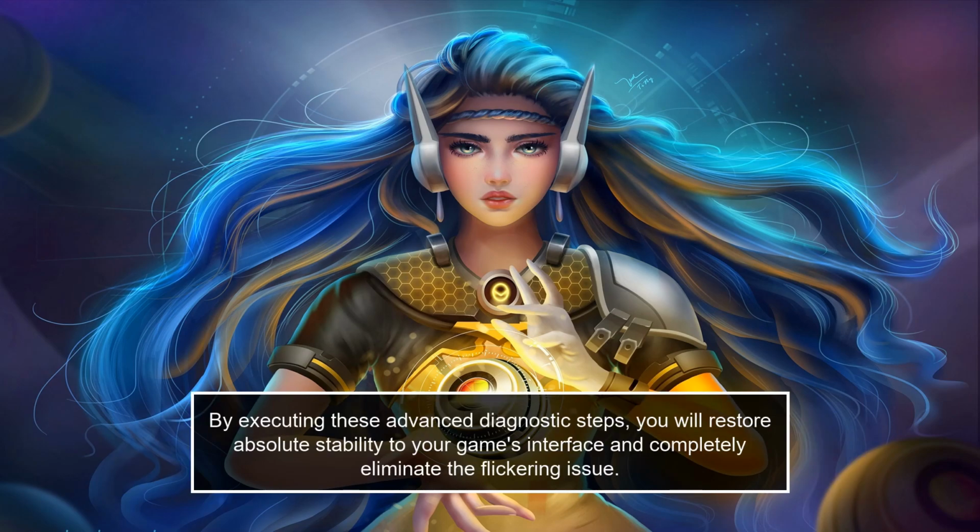By executing these advanced diagnostic steps, you will restore absolute stability to your game's interface and completely eliminate the flickering